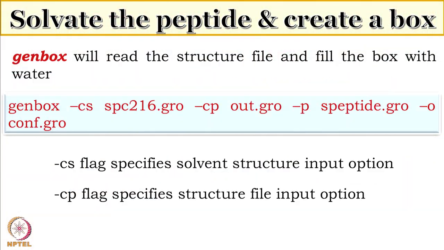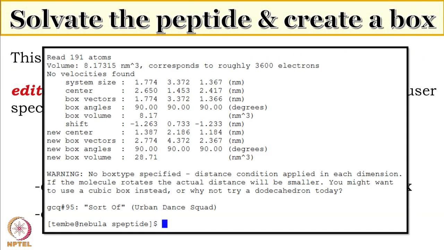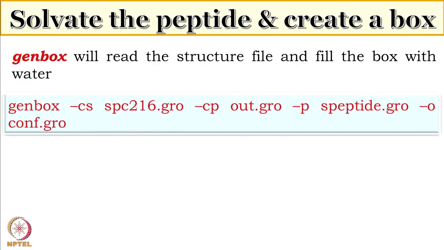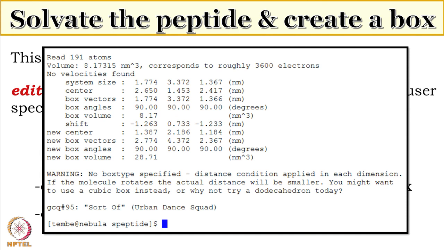What was the box length that was given for this calculation? I didn't give any box length, so it has taken the box length according to the size of the peptide. I have just specified that the distance between the solute and the box has to be 0.5, and that the solute has to be in the center of the box. Okay. But it has given the volume now. Yes, so from that volume, the cube root of that volume should give me the length of the box. These are all cubic boxes? It may or may not be a cubic box.